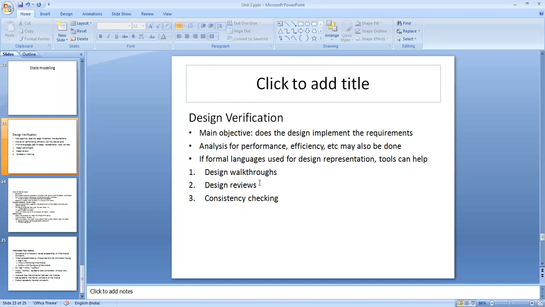It can also check if the used global data items are indeed defined globally in the design. So these are the three ways in which a design can be verified: design walkthroughs, design review meetings, and consistency checkers.